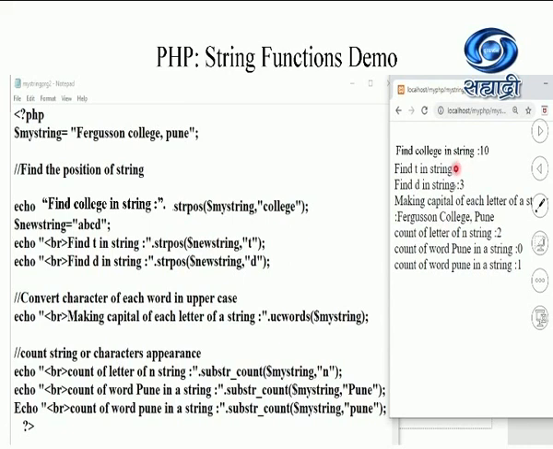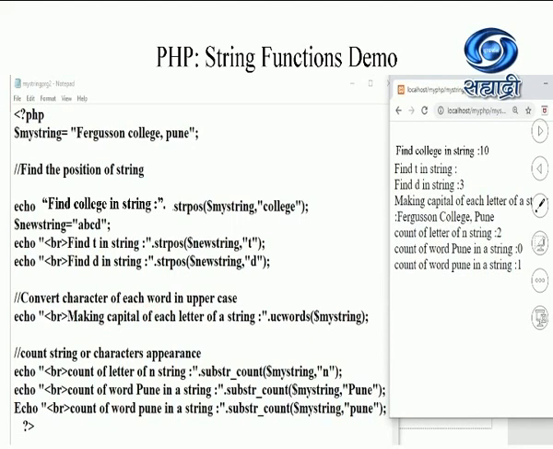Observe that it has not given any value to me over here. Why? Because the T is not occurring anywhere in ABCD. Students, next I want to find out the position of D. Simple, you can easily count that the position of D is 3, because 0, 1, 2 and 3, such kind of numbering will be given for this string.